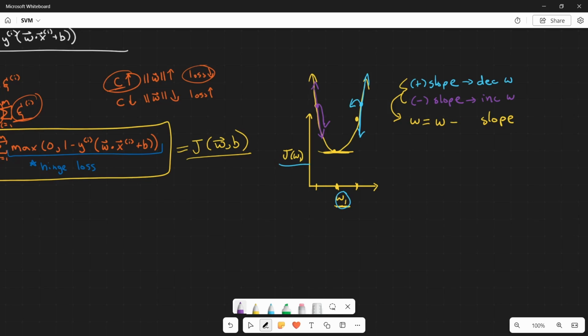And we also want to ensure that any changes to w1 are not too drastic. So let's say we're looking at the slope of J(w1) at this point right here. Then we can clearly see we want to increase w1 to get a better decision boundary line. So if we were to increase it too much, then we might end up with an even worse cost than we had initially. So to fix that, we'll add this alpha value, and that will be our learning rate,